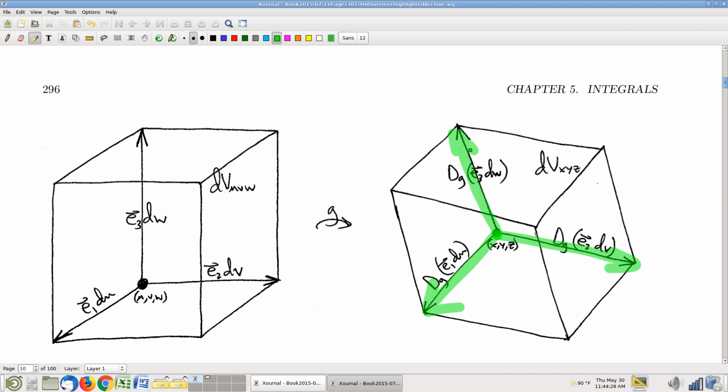These three vectors being the images by the derivative transformation of these three vectors. Just like the two-dimensional case. Right? So, just like in the two-dimensional case, these are E1 du, E2 dv, E3 dw. Their images are, well, what does the derivative transformation do to them? Just like in the two-dimensional case,